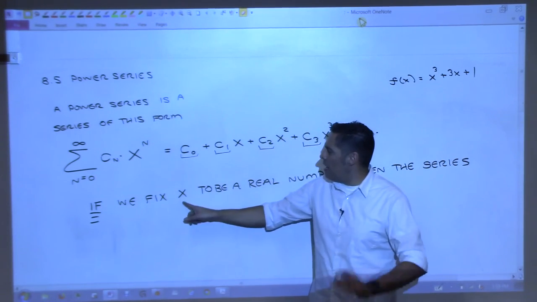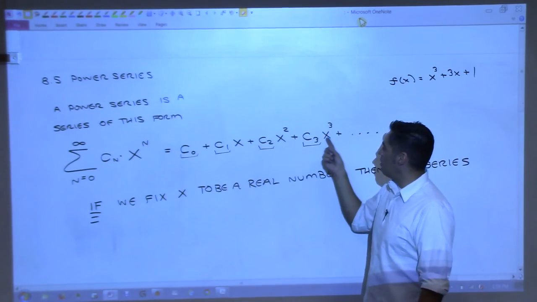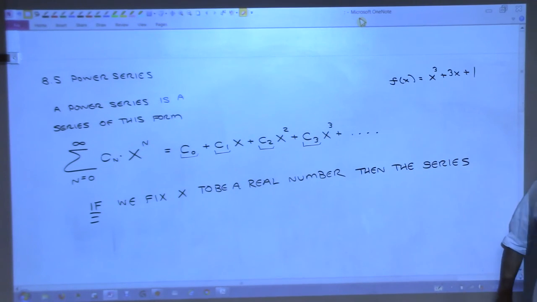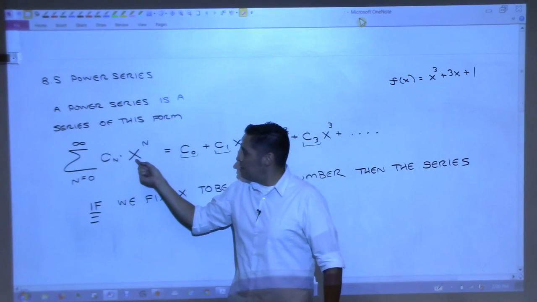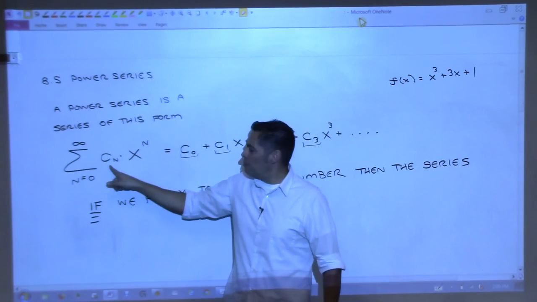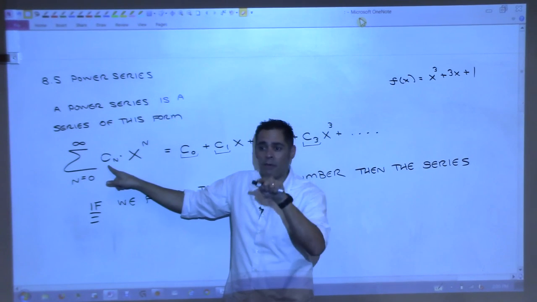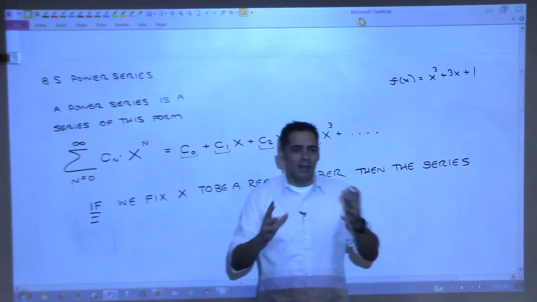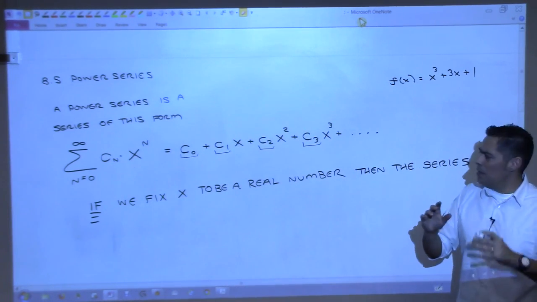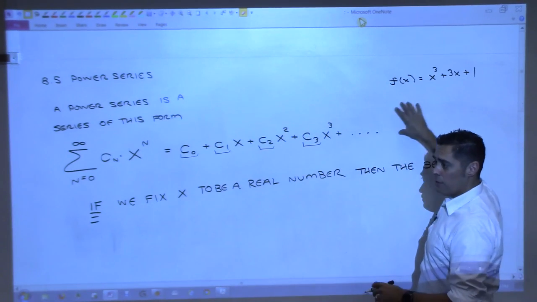But if I tell you right now that x is 2, 2 squared, 2 cubed, is that enough information for you to tell me whether or not it converges? Why not? I only see one person shaking their head no, so I'm going to go with it because it's right. I don't know what this is. Let's say x is 2, 2 to the n. What if my formula is 1 over 4 to the n? Then that's going to make this thing almost geometric, and even though these are getting bigger, 2, 4,